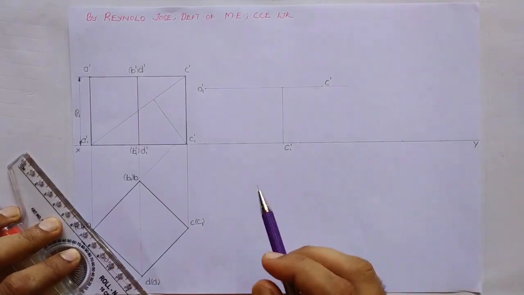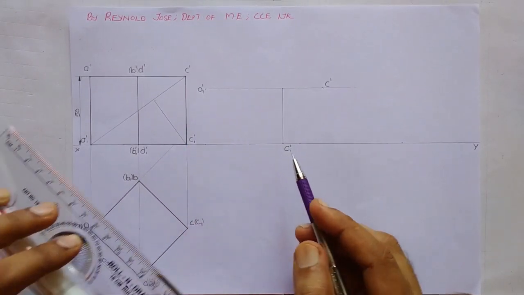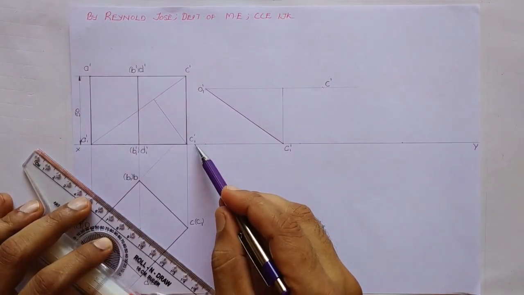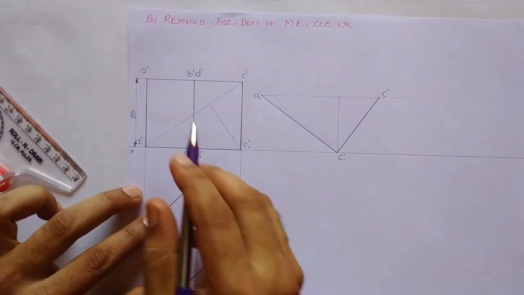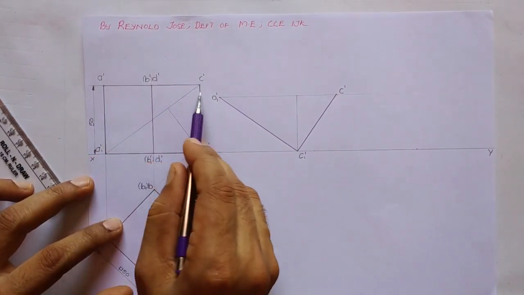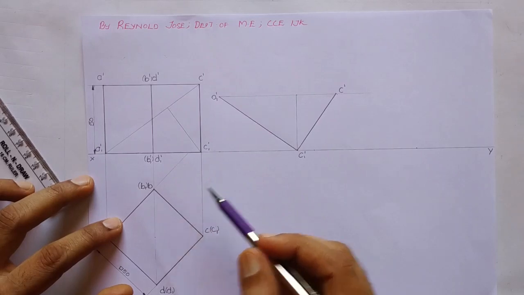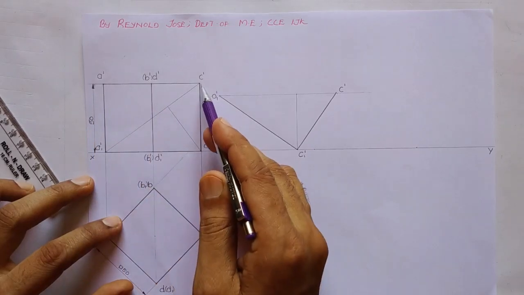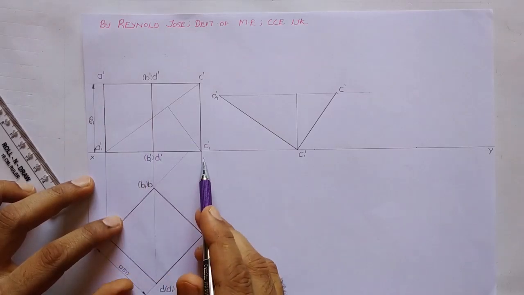Now let us join the base, that is A1 dash C1 dash. So this is A1 dash C1 dash. Let us join these two using thick lines. Now let us join C1 dash C dash. So this is C1 dash and this is C dash. So the top face is A dash, B dash, D dash and C dash. The top face and the bottom face are parallel to each other and they have the same measurement. So let us draw the top face which is parallel to the bottom face, and these two sides are perpendicular to each other.